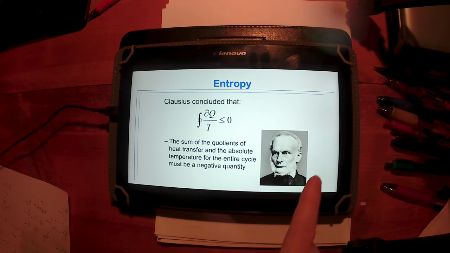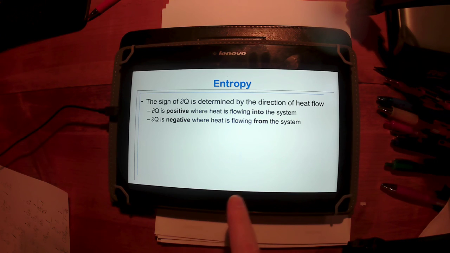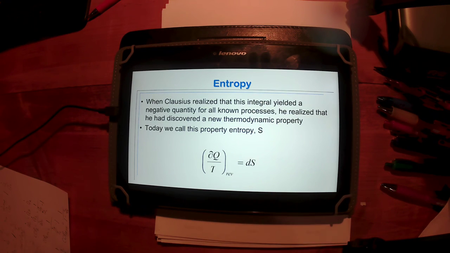But I wouldn't. He really quantified, figured out what we can do and what we can't do. And this is a very simplified version of the second law, and this is Clausius' conclusion. Clausius realized that he's measuring a quantity. He's measuring a new property. And today we recognize this property as actually the entropy of the system, or a measure of the entropy of the system. So if we take an amount of heat transfer, and there's my alarm,